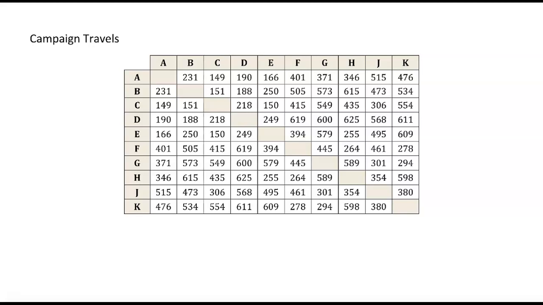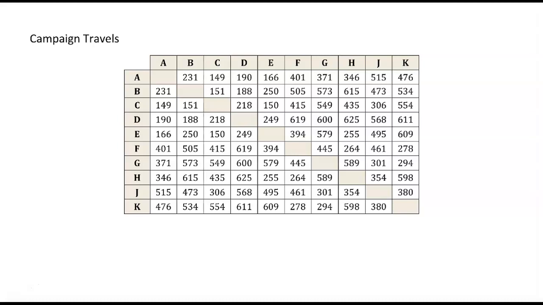They do want to use their campaign funds wisely. The distance between the cities is shown in the chart, and they want to begin and end at City A. They need to find the optimal route to minimize traveling distance so that they minimize traveling costs. Unlike our previous examples, these values are given to us in a table rather than in a graph. Organizing data in a table is very helpful when there's a large number of sites.